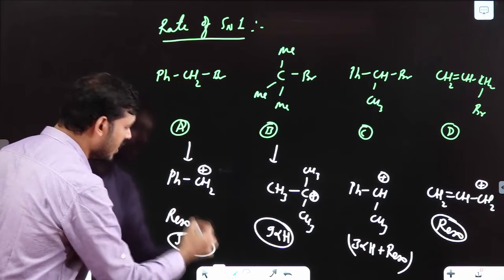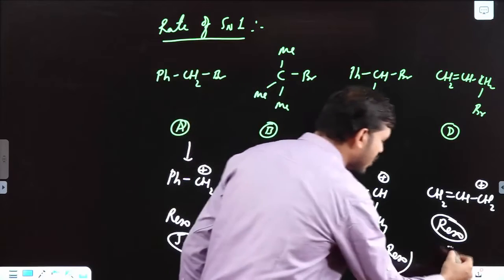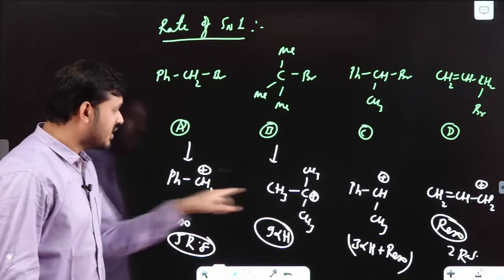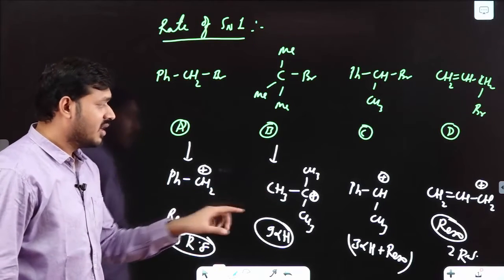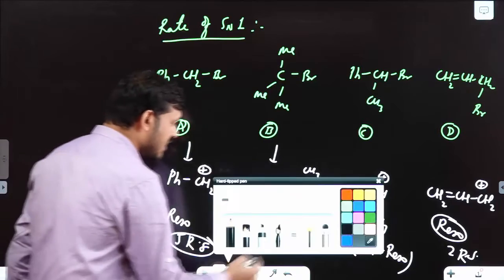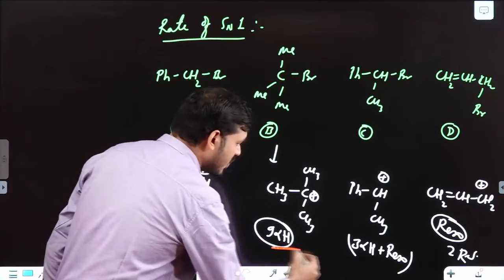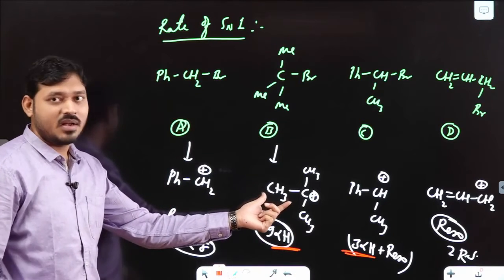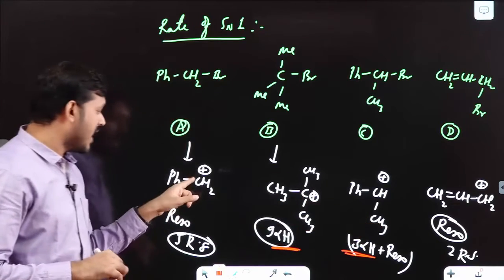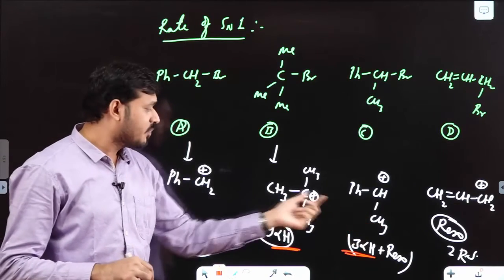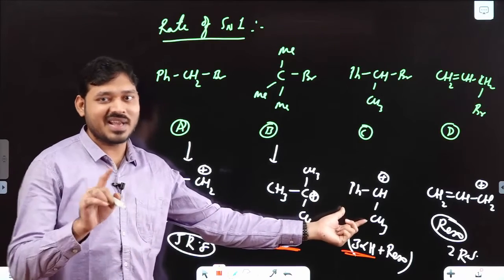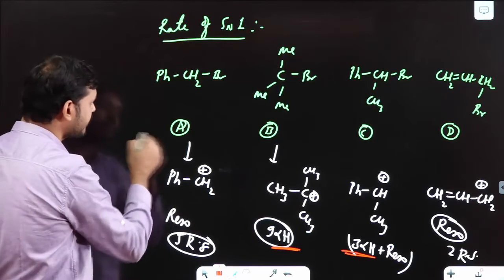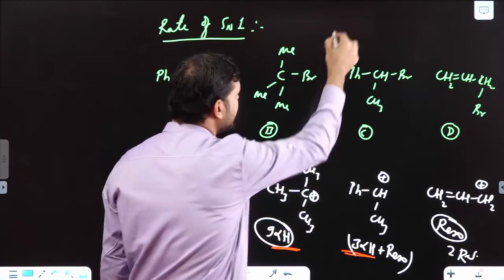So dear students, here you have 2 resonance structures. See, if you remember my last class, I told you that among these two, the stable carbocation is this one. Now I have discussed this question because, between this one and this one, with respect to this one it becomes more stable. But when one hydrogen is replaced by one methyl, then this becomes less stable than this one. So what will happen? Most stable carbocation is C.